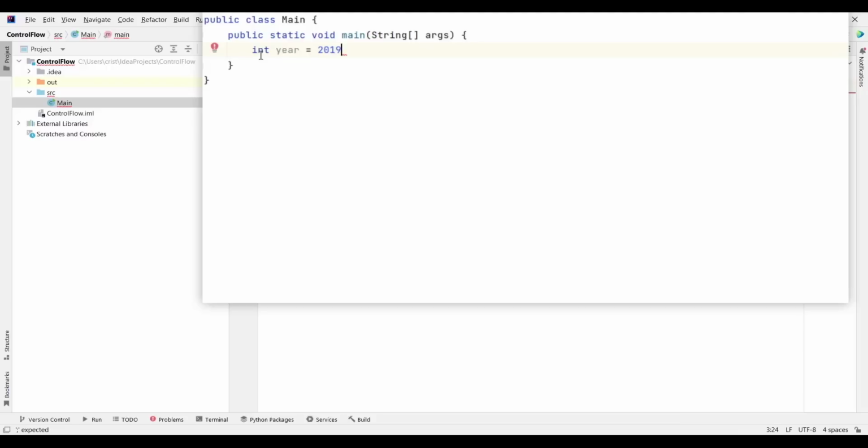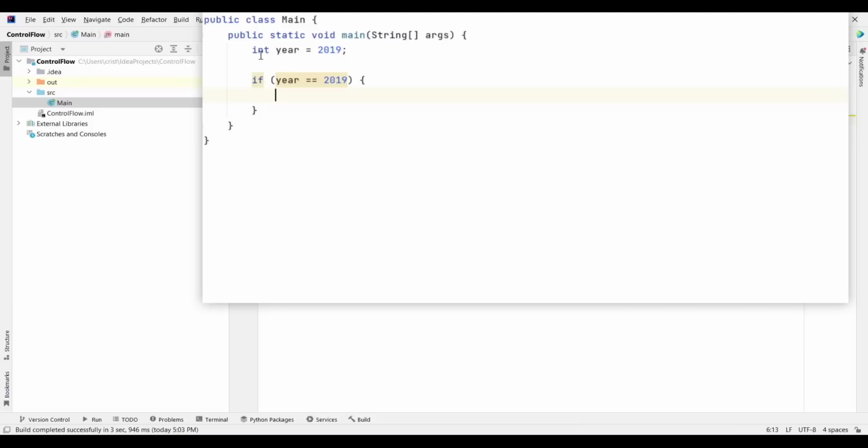I'm going to put a semicolon, and down here I will type if, parentheses, year equals, so now we're checking if it's equal to 2019. We put left curly brace and press enter, and the right curly brace was added automatically.